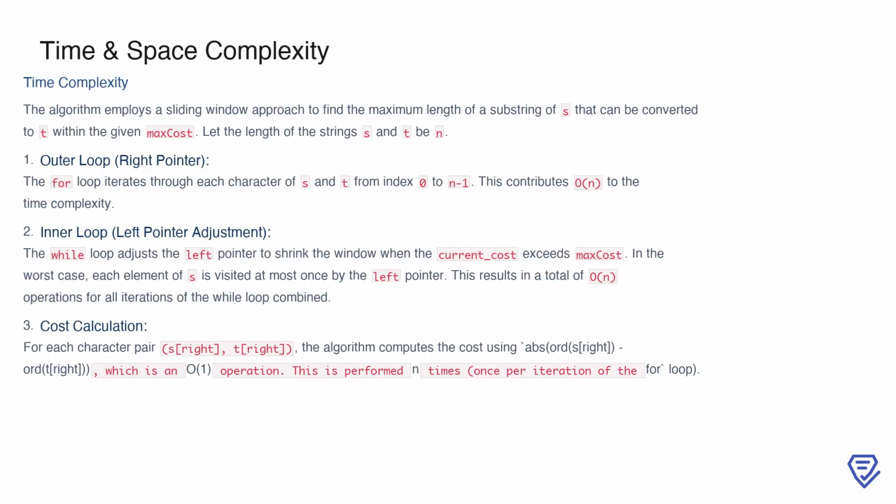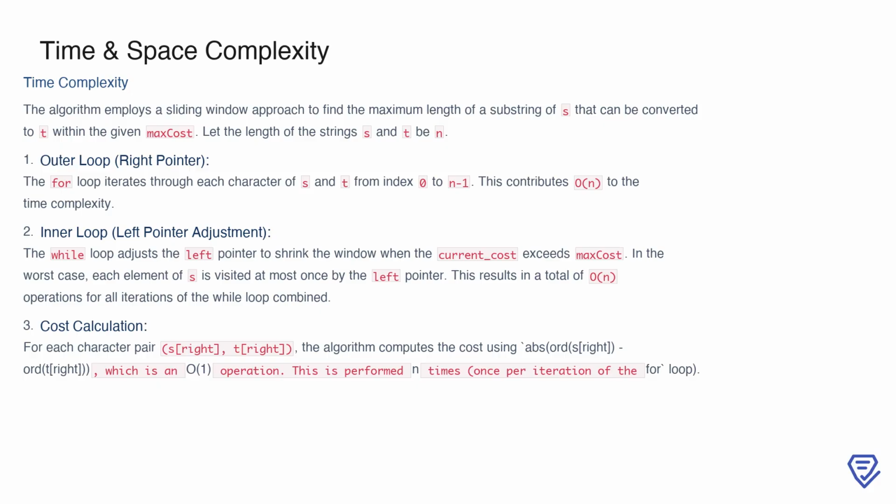To analyze the time complexity of this algorithm, we start by looking at the sliding window approach it uses. The algorithm iterates through the strings s and t using a for loop, where the right pointer moves from the start to the end of the strings. This loop runs n times, where n is the length of the strings, giving us a time complexity of O(n) for this part. Additionally, the while loop adjusts the left pointer when the current_cost exceeds max cost,